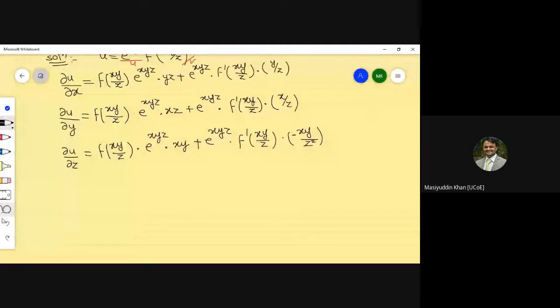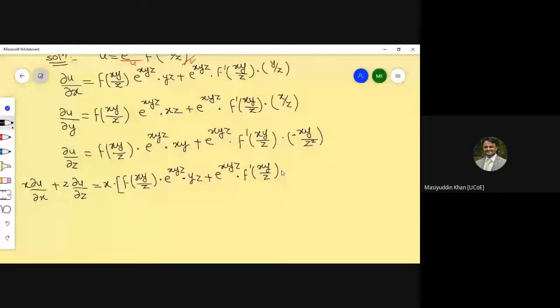So x into dou u by dou x plus z into dou u by dou z is equal to, मैं डायरेक्ट दोनों पार्ट जो हमको दिया गया है यहाँ पे, x into dou u by dou x plus z into dou u by dou z. सो यही पार्ट मैं लिखूंगा यहाँ पे. तो x into f of xy by z into e raised to xyz into yz plus e raised to xyz into f dash xy by z into y by z